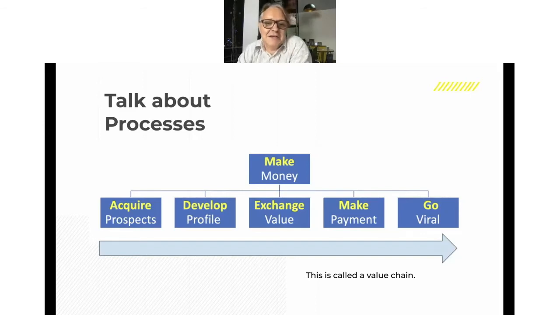You might ask. But processes, they take customers, they figure them out, they share value with them, they get them to open up their wallets, and processes encourage folks to tell their friends about our great value proposition. Processes acquire customers, they develop a profile, they exchange value, they get them to make payments, and they encourage people to go viral. This is what's called, ladies and gentlemen, a value chain,